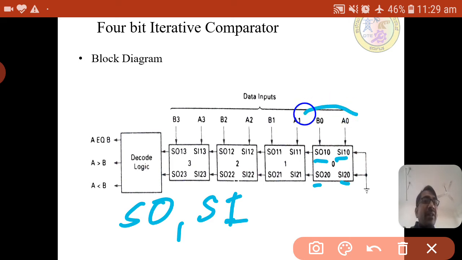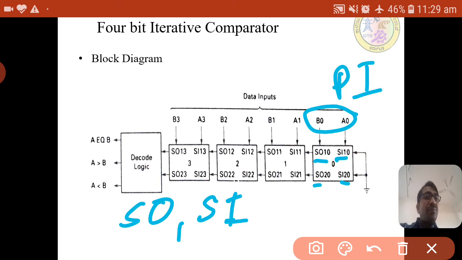The primary inputs are A and B. Initially, for the first comparator, the secondary inputs will be connected to ground.